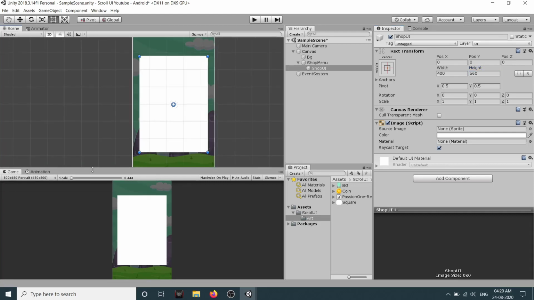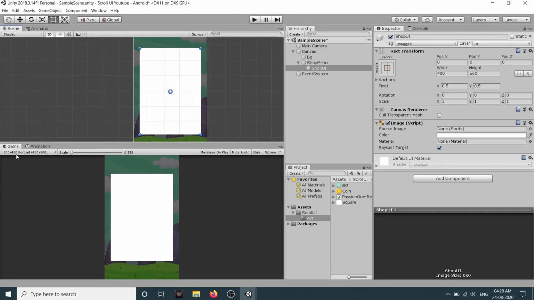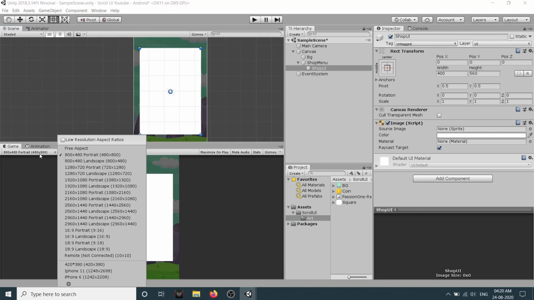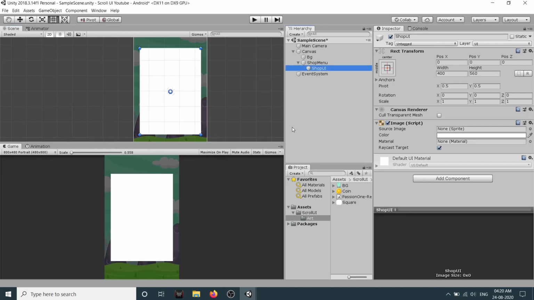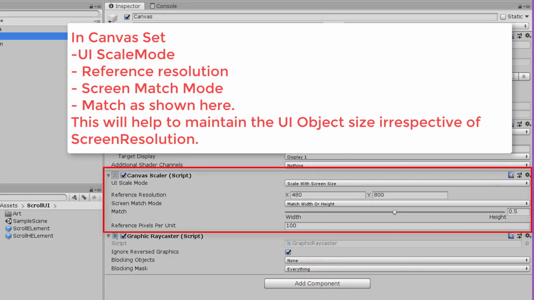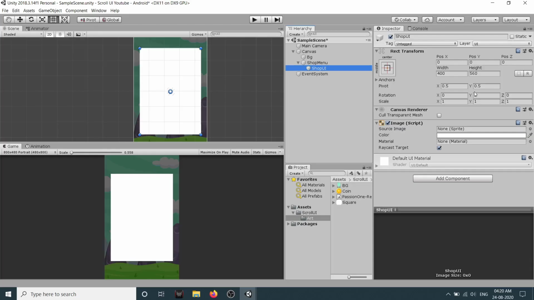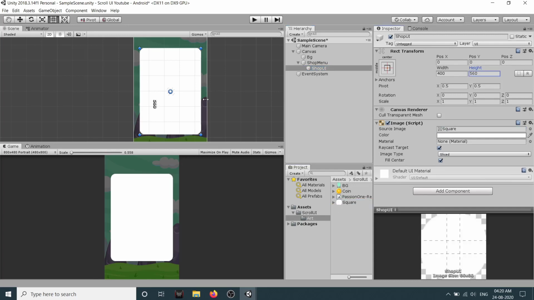So before that make sure that the resolution you are using is 800 into 480, so that will be easy for you guys to follow this. Now in our source image let's drag our square and we'll get something like this.